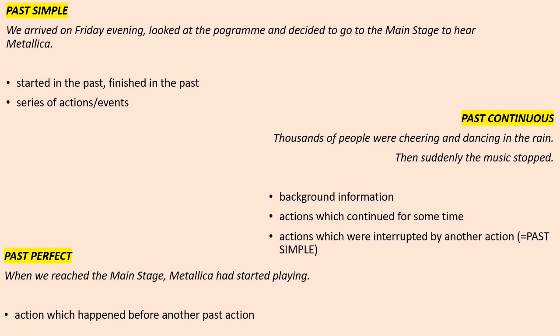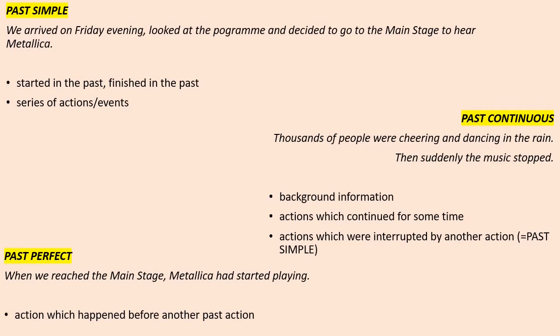Past simple is also used when describing series of actions or events which happened one after another. So we arrived on Friday evening, looked at the program, and decided to go to the main stage to hear Metallica. Past continuous, on the other hand, is used for giving background information, describing actions which continued for some time,